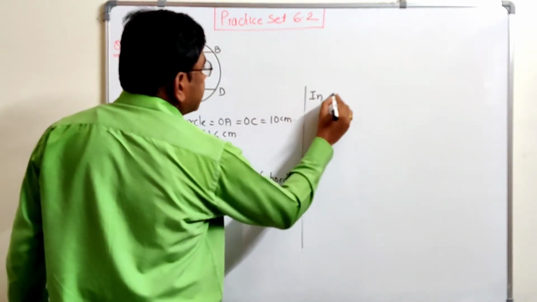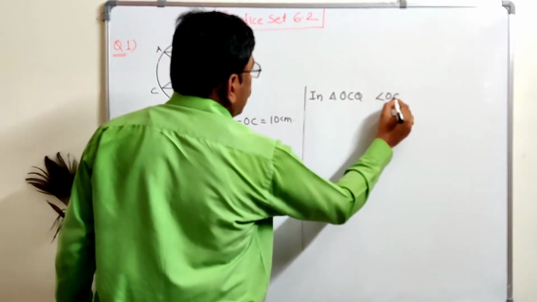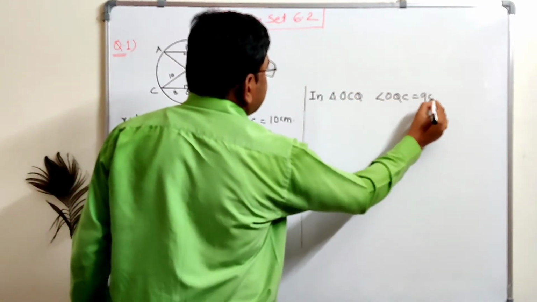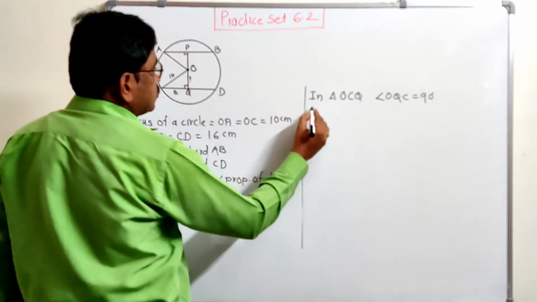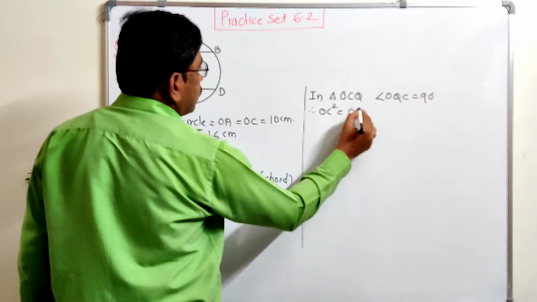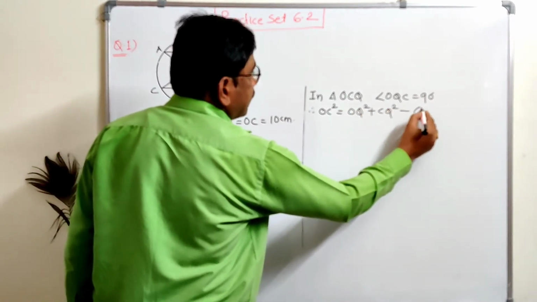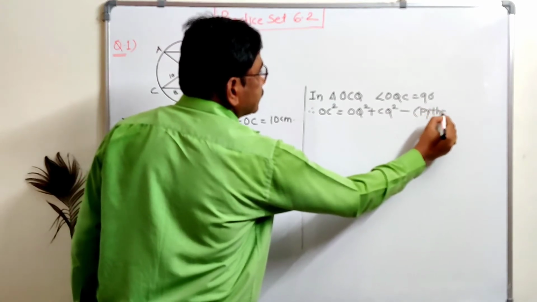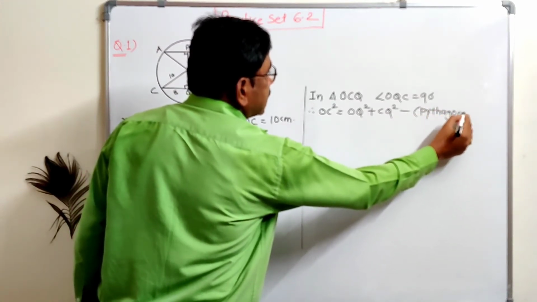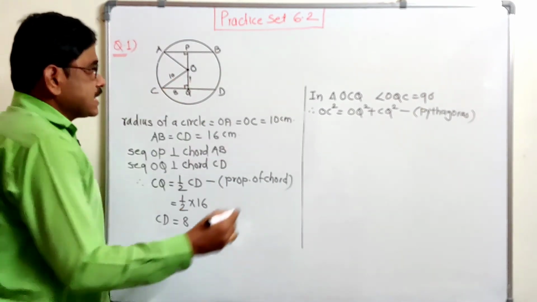Next step, in triangle OCQ, angle OQC is 90 degree. This 90 degree is given, use Pythagoras. Therefore OC square is equal to OQ square plus CQ square. Reason written: Pythagoras. Reason is Pythagoras. Now substitute the value. OC square is 10 square